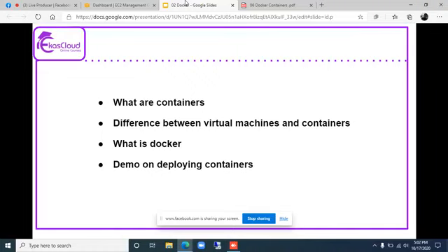This webinar will be helpful for absolute beginners who are getting started with containers and container-related technologies like Docker.